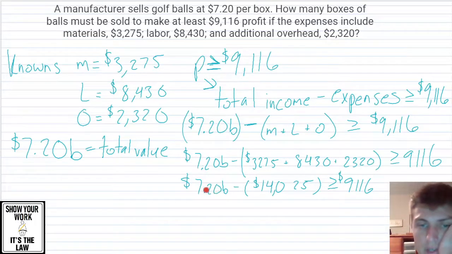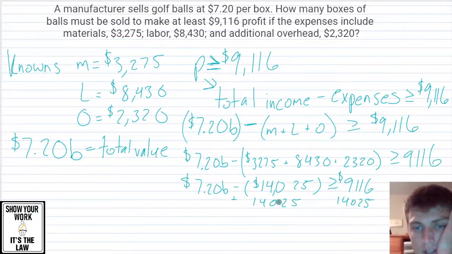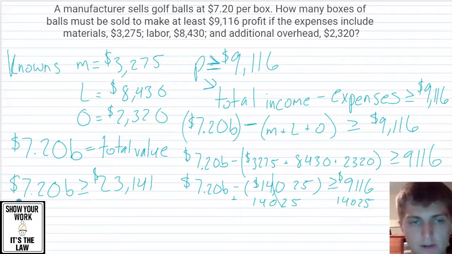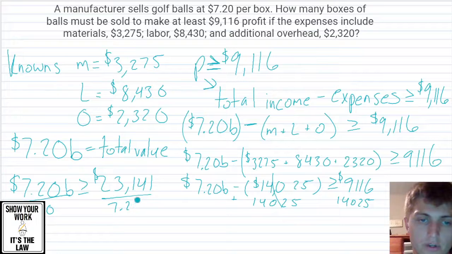Right, what's happening to B? Being multiplied then subtracted, so we want to undo that subtraction with addition, adding the same thing back on both sides, 14,025. That's going to give us 7.20B is greater than or equal to 23,141, and finally to get the B by itself we divide by 7.20, and that's going to give us a weird number. I'll tell you exactly what. That's going to give us B is greater than or equal to